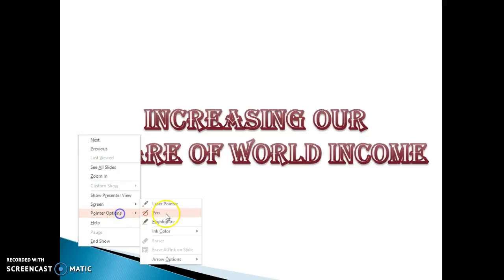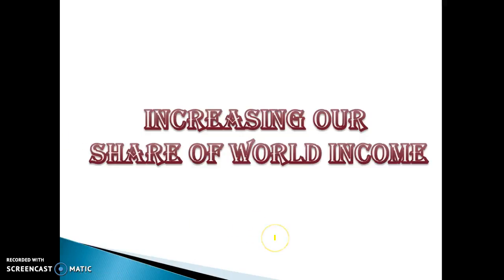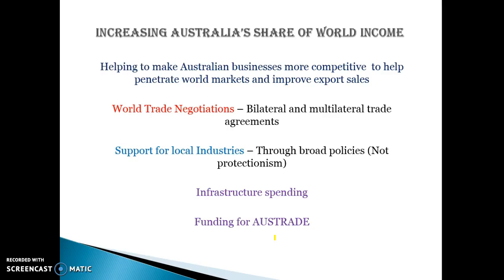In this video we're going to be looking at how the budget can be used to try and increase our share of world income, or essentially what that means is try and increase opportunities for our exporters. Increasing our share of world income is about Australia being able to become more competitive and penetrate world markets. So any policy that's going to make us more competitive, especially in the long term, is likely to improve external